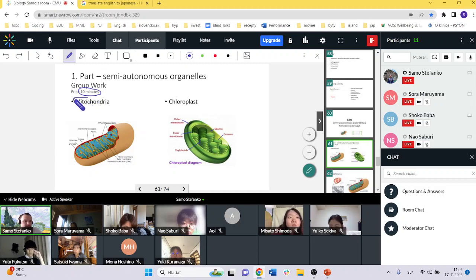Your task will be to focus on mitochondria for the one group, chloroplast for the other group. Focus on function and structure. Those two points are relevant for you. And that's basically it. I will provide you with the pictures inside the rooms, and the reason why we are doing these activities is again the same. I will just remind you